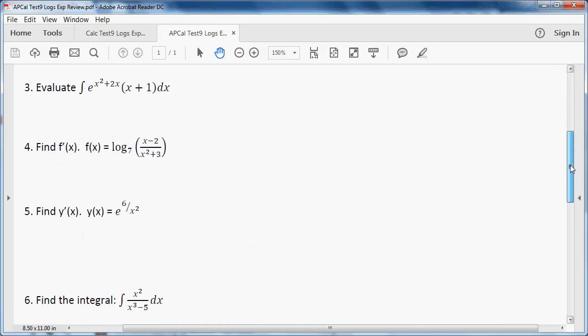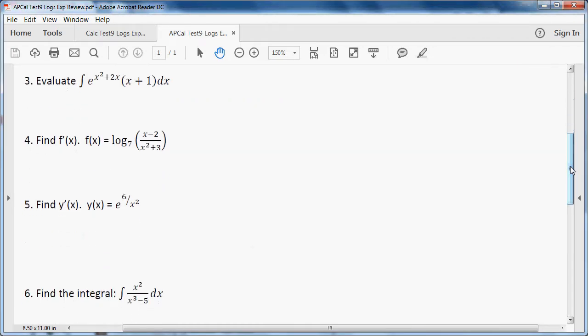Number 3, we're asked to take an integral. We're going to use u substitution. And a reminder, when we just have one e, then our u is almost always going to be our exponent. When we have more than one e, then you'll need to think of things like e's that are inside a power, a radical, a denominator, trig function, something like that. But here we just have one e,